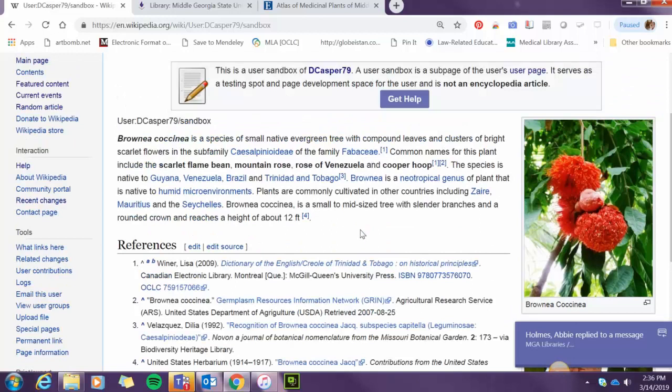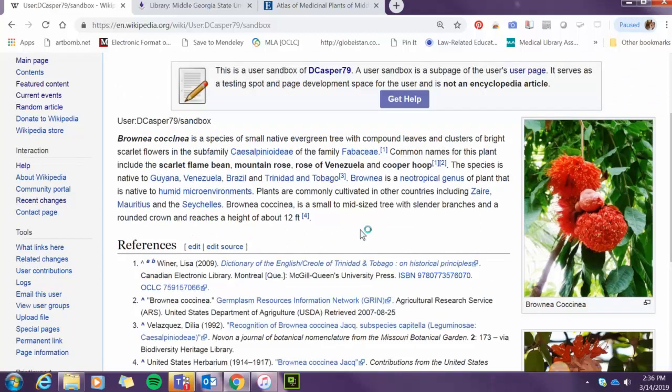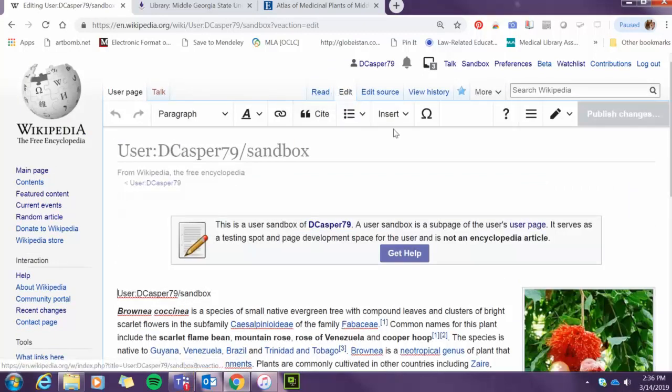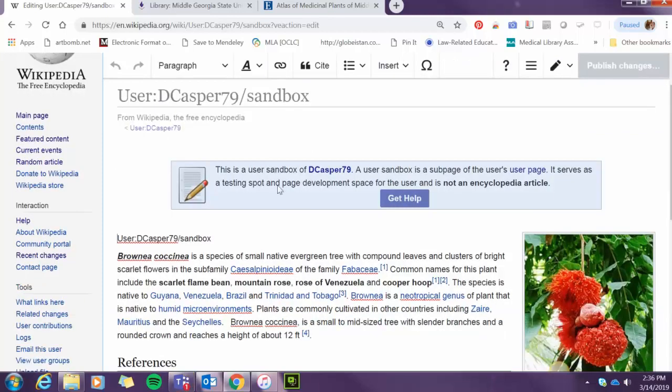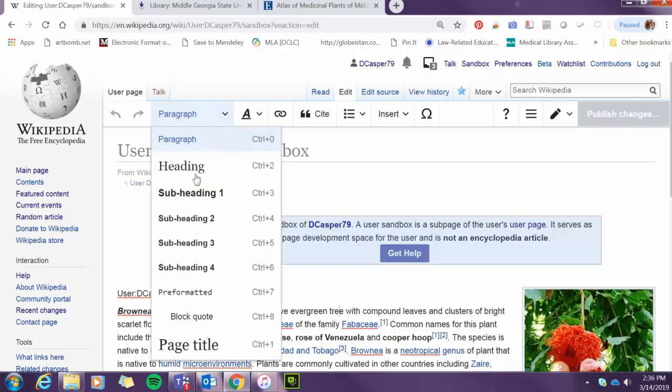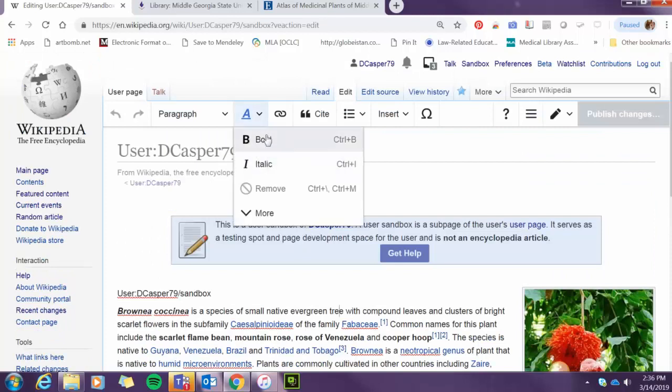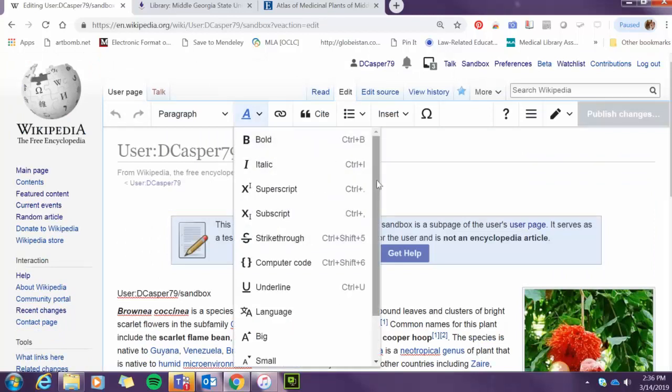So now once you get to the point where you are wanting to use the editing functions, you'll notice that if you look at this visual editor, it's pretty similar to many of the word processor programs that you might use, like Microsoft Word or Google Docs. And you're going to be able to add text. You're going to be able to add sections to your article. You're going to be able to change the text from bold to italic. And there are other options here as well.